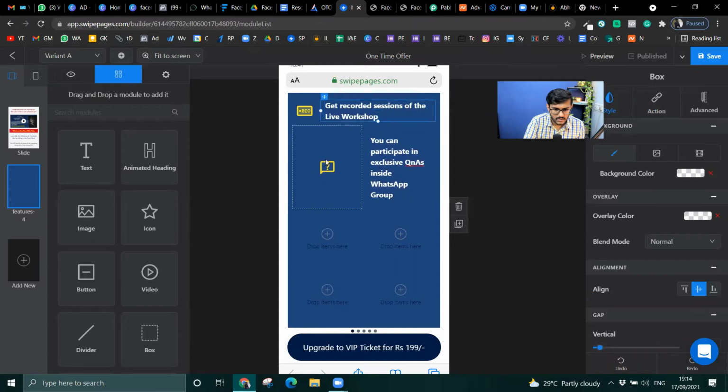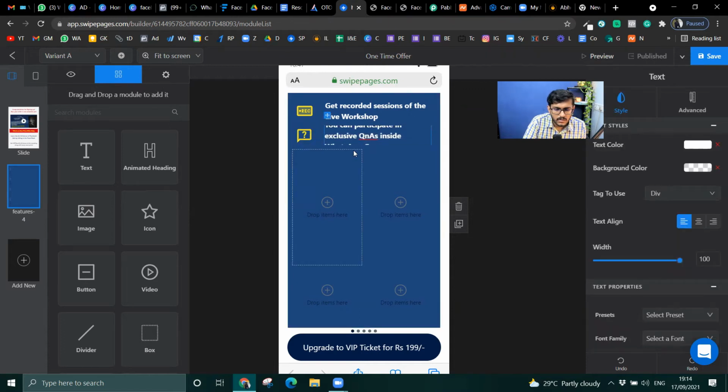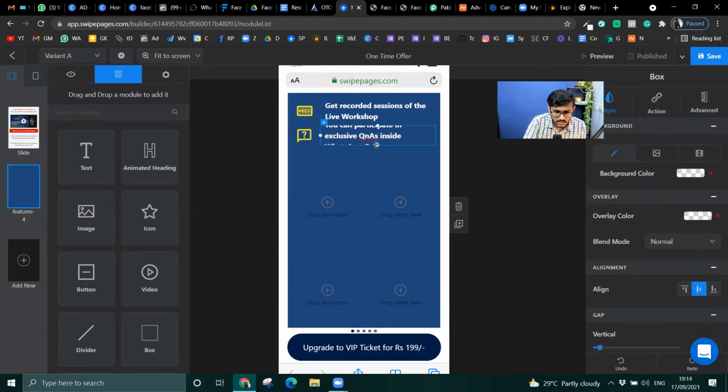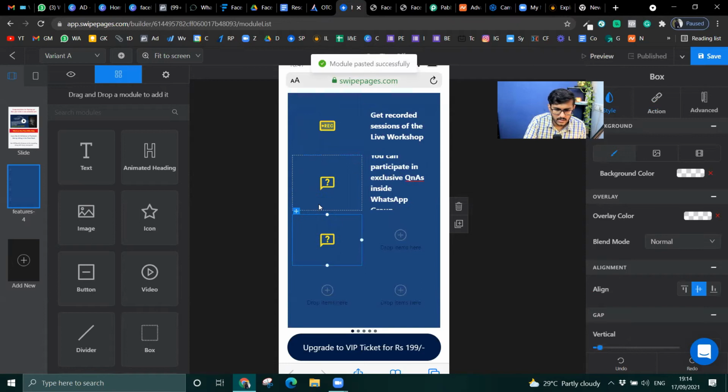Only two lines, so I want to follow the same method. Two line gap, and see if this is still not sufficient. It needs more. Okay, that is still acceptable. Oh, this is the problem. Okay, got it.